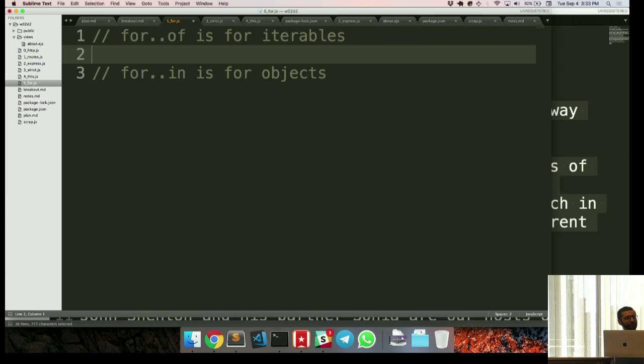Because normally when you're looping, I'd say more than 50% of the time, it's on an iterable, an array of some sort, a collection. And so for of is the one that, if you're not sure which one you want to use, it's likely for of. It took me a while when I first started using these to remember which one's which. It's kind of confusing, because other languages have for in for arrays, and so that threw me for a loop, no pun intended. But for of is what JavaScript says you should use for arrays. And so that's the one you're likely going to be using most of the time.